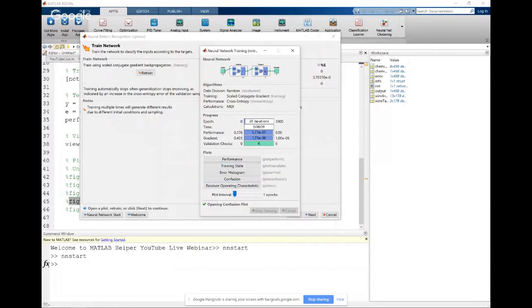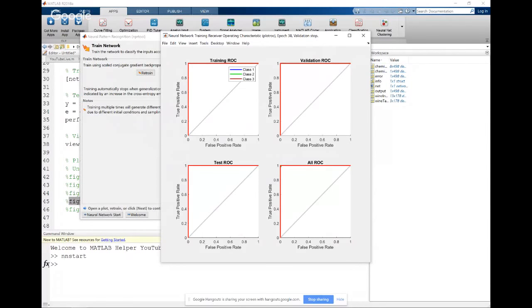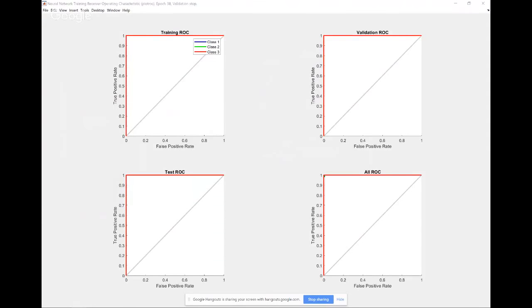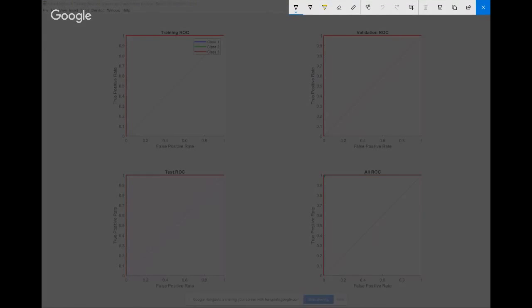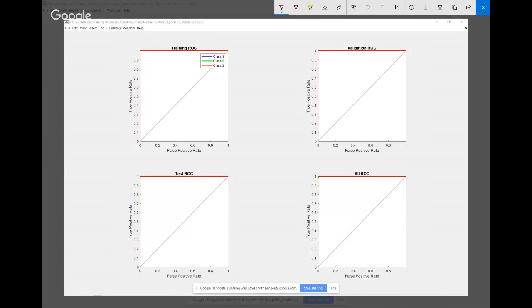Last is the receiver operating characteristics, which is again easy. In this section, while training the system, you just have to remember that the more these lines are towards the y-axis and towards the top, the better the results are.